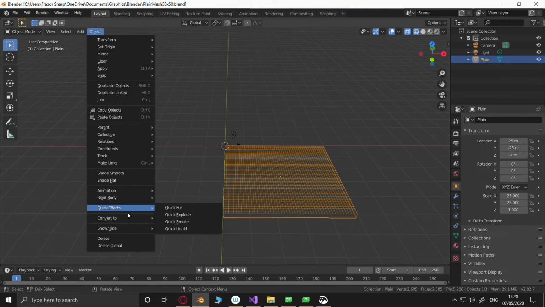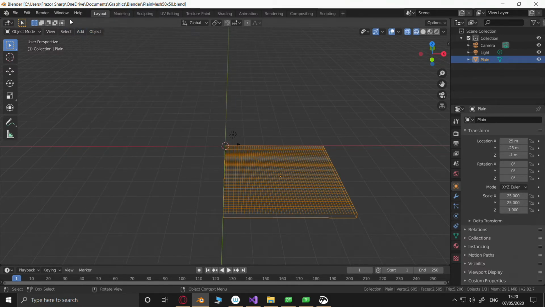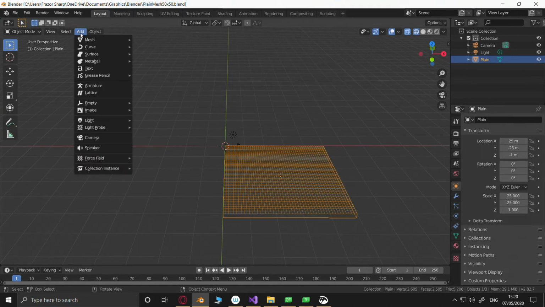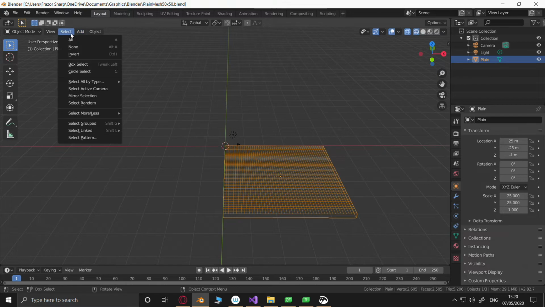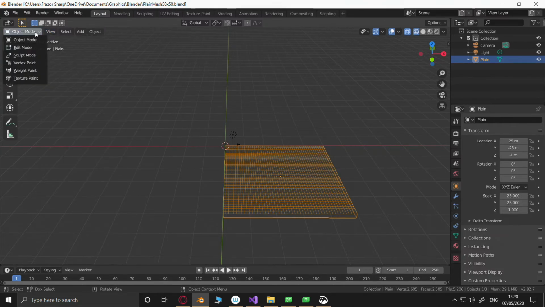Fur explodes smoke in the liquid. Oh, lovely. So there's nothing on there. Add gives us nothing. Select gives me nothing. View. Object.